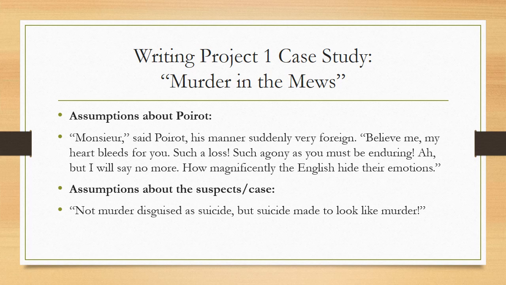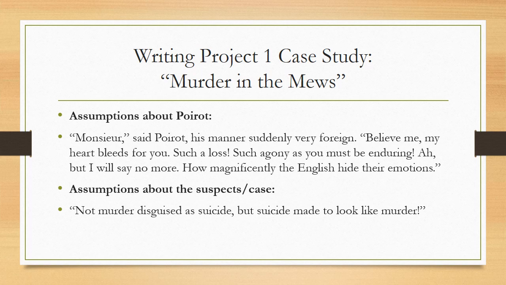Again, just like in Triangle at Rhodes. Remember, in Triangle at Rhodes, we thought there was one love triangle. If we looked more closely at the clues, we would have seen the love triangle was very different than what we initially thought. And so just like the triangle flips in Triangle at Rhodes, here the murder that's masquerading as suicide is actually suicide masquerading as murder. That's the twist, the flip.